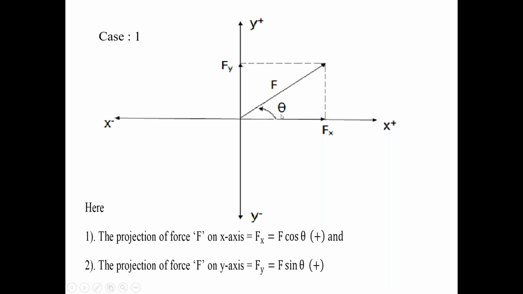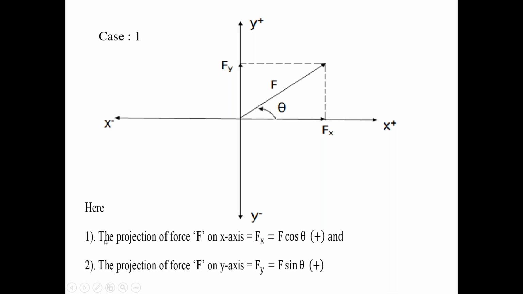F. So cos theta is equal to Fx by F. So Fx is equal to F cos theta. That is the equation for this force Fx. Check the direction of Fx. That is the equation for this projection Fx. Check the direction on the projection. The direction is towards the positive x-axis. Since the direction of this projection Fx is towards the positive x-axis, the Fx projection is a positive projection.